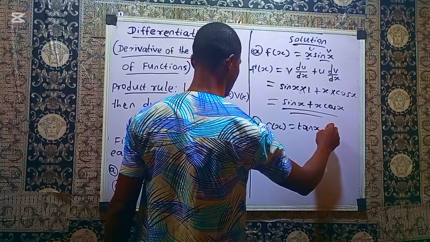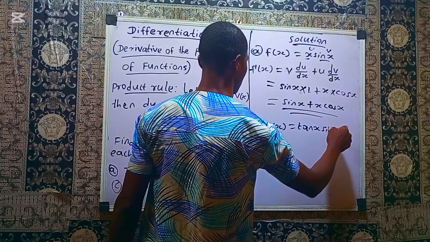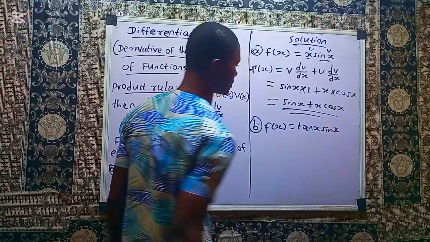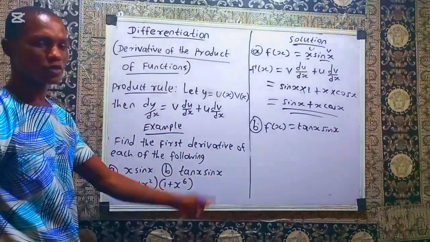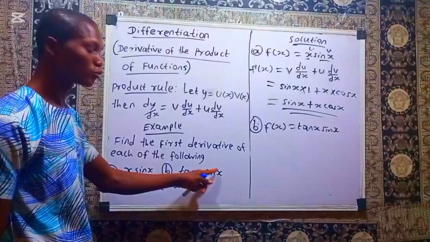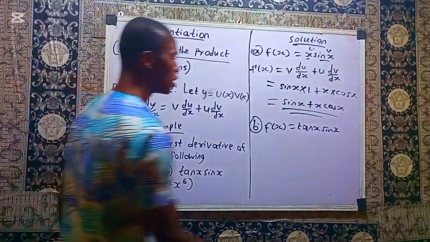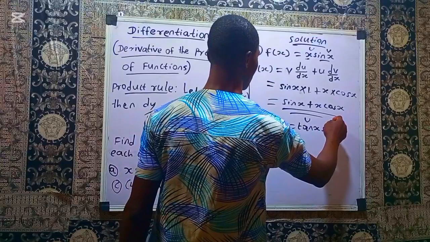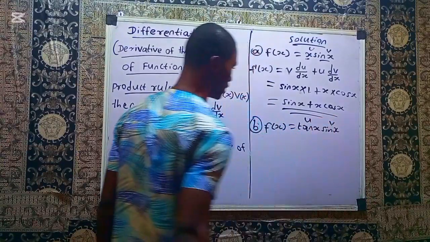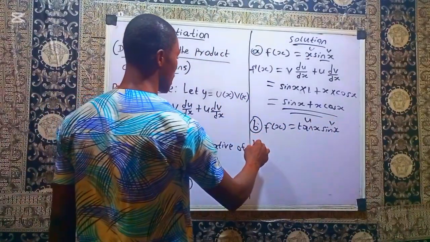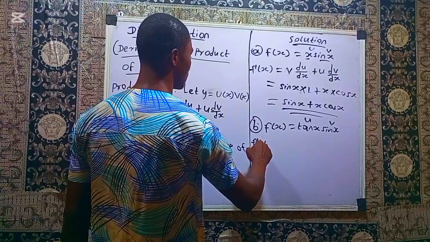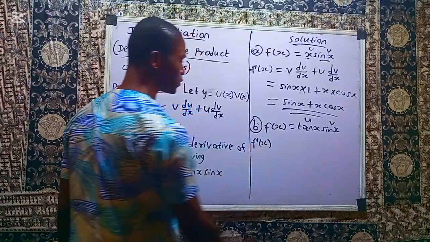Tan x sine x. So we have tan x sine x. So that's what is given to us in the second question. So we have the product of two functions, tan function and what? Sine function. Of course, the first function I'll call it my u, and the second function I'll call it my v. And writing the formula, I have that derivative of this function with respect to x, which I can